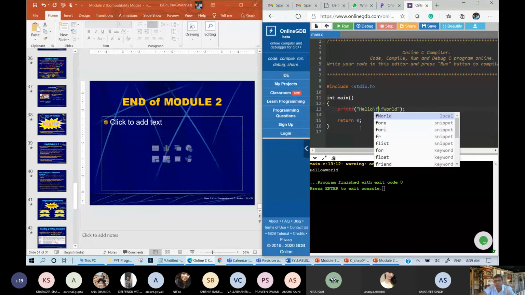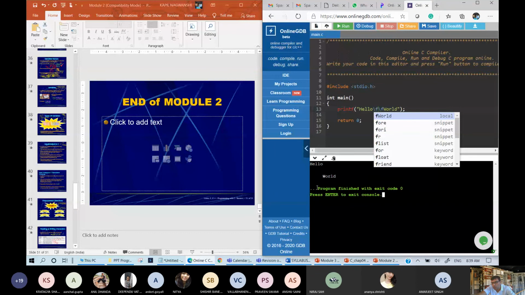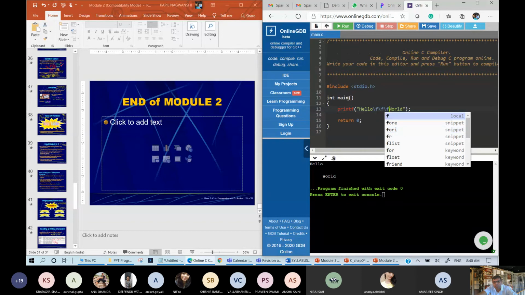As I have put here 2 form feed characters, form feed one time and form feed another time. Let us see the output of this. Here also world appears because I used this form feed in between hello and world, so because of this it will write like this, 2 spaces are there. If I am putting another form feed, then 3 spaces.